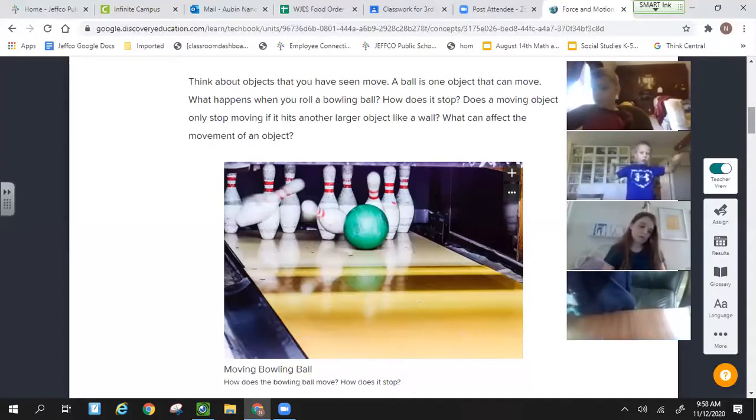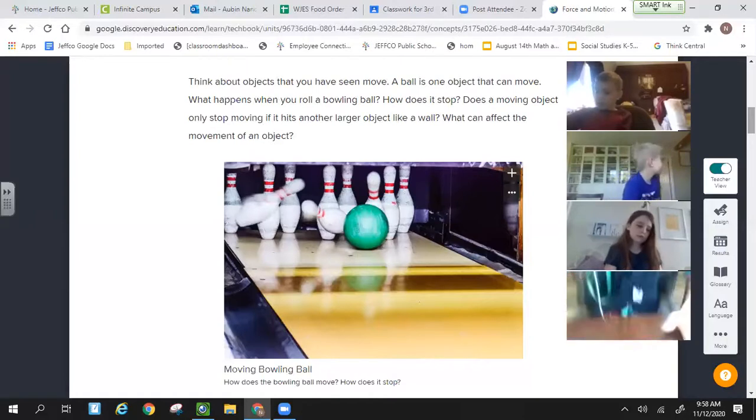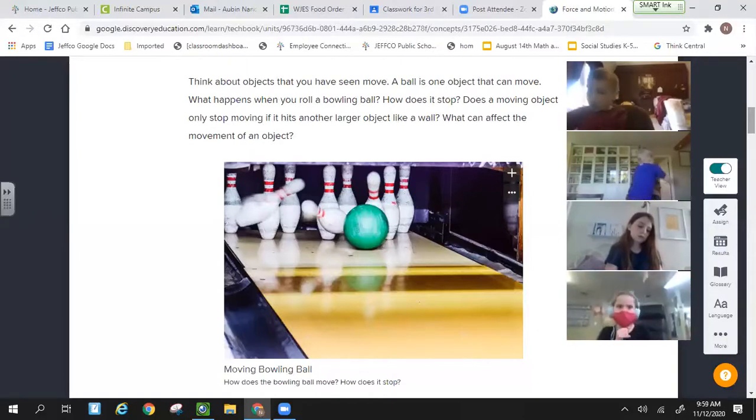The bowling pins slow it down and then it will fall down and hit the ground. It will stop. Okay, so she said that the bowling pins actually slow it down and then it will hit the bottom and drop and then it's done. So does a moving object only stop moving if it hits another larger object like a wall?